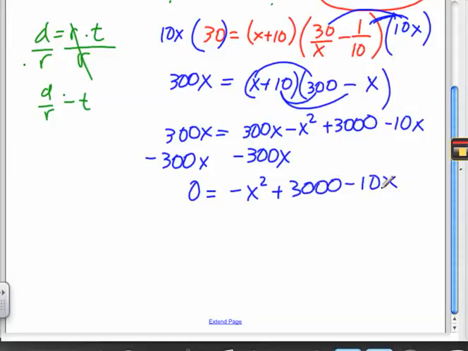Wait, what's the problem if I want to solve this thing? It's a quadratic. What's the problem right now? The x squared term's negative, and it's not in the right order, is it? Can I multiply both sides by -1 and just get rid of that negative sign? I'm going to need another part to this. So 0 is equal to x squared plus 10x